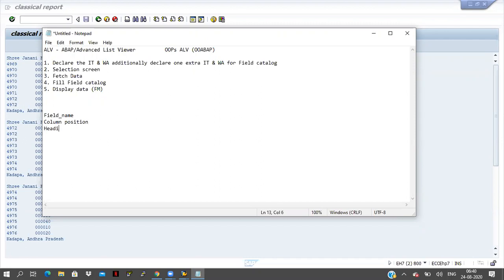If you want any colors, you can apply color here. And if you want to display any hotspot, that is also possible. And leading zeros, removing leading zeros.